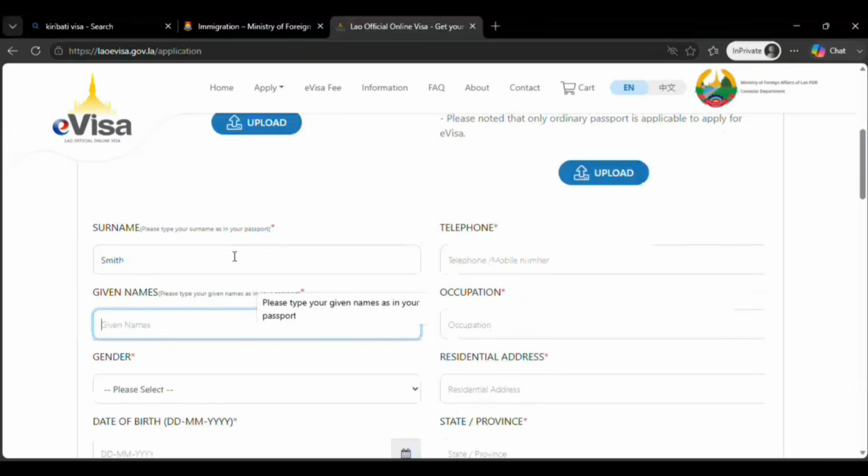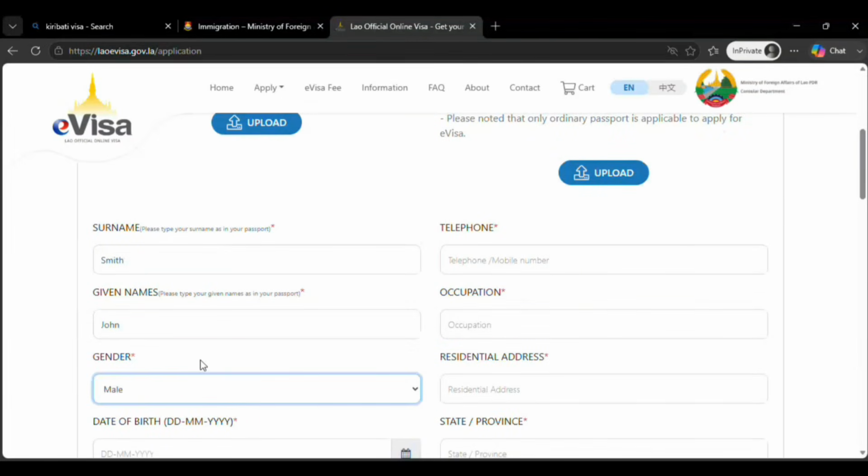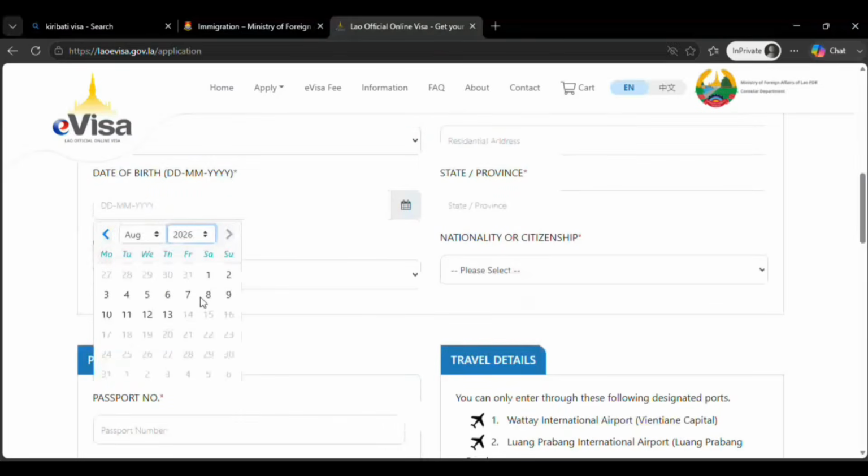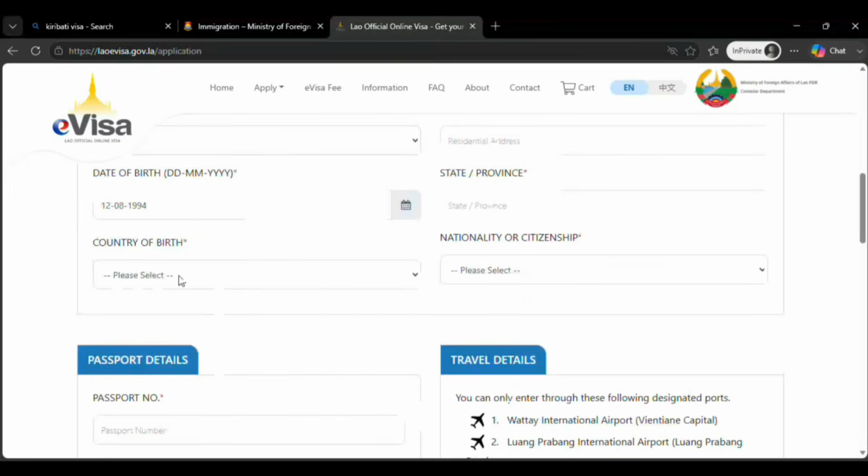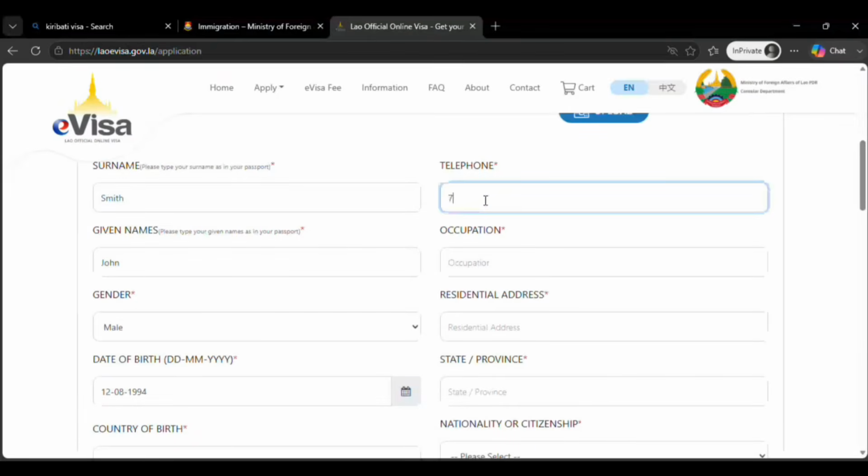Given name, it should match with your passport, no if and but. Country of birth, telephone number, occupation,